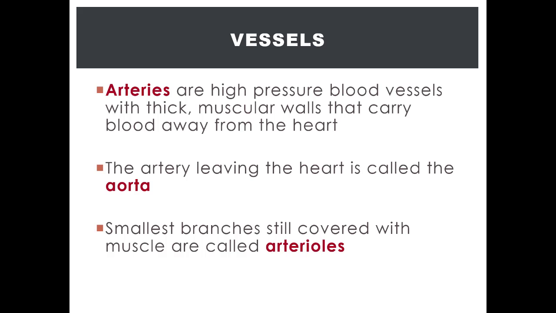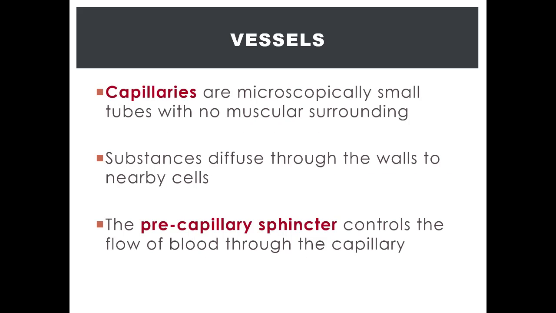Arteries funnel into smaller arteries called arterioles, which in turn funnel into the capillary network, which again are microvessels where exchange occurs with cells, like with oxygen and carbon dioxide. And like I said earlier, the capillaries surround tissue like muscle, and this is where substances are exchanged with the cells, like oxygen and carbon dioxide, as I mentioned earlier. Now, the flow of blood through the capillary network is controlled by precapillary sphincters, which are essentially valves that open and close to allow blood to flow in from the arterial vessels and to flow out into the veins.